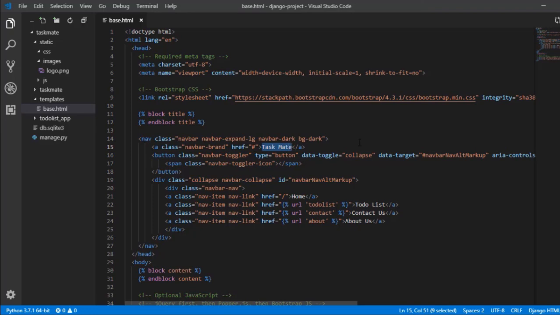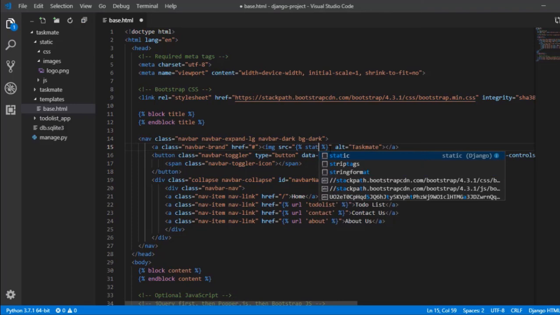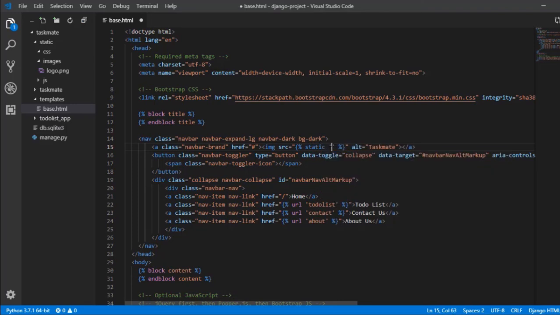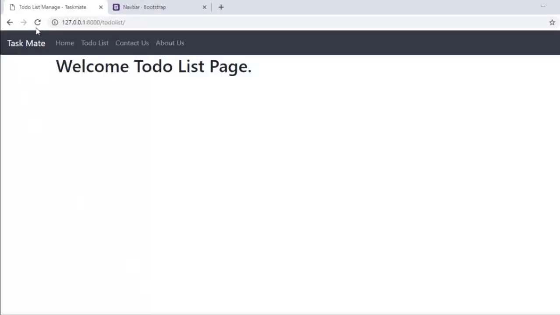So I need to remove my website name and add an image tag here, that is img, and then I need to pass my image name. So just use your img tag, and here I need to pass my image link. For that we just directly need to use our Jinja command. All you have to do is just use your curly braces, percentage, static, and then inside that we need to pass our images slash and then the image name. That is our logo.png. Once that is done, let me check our website.